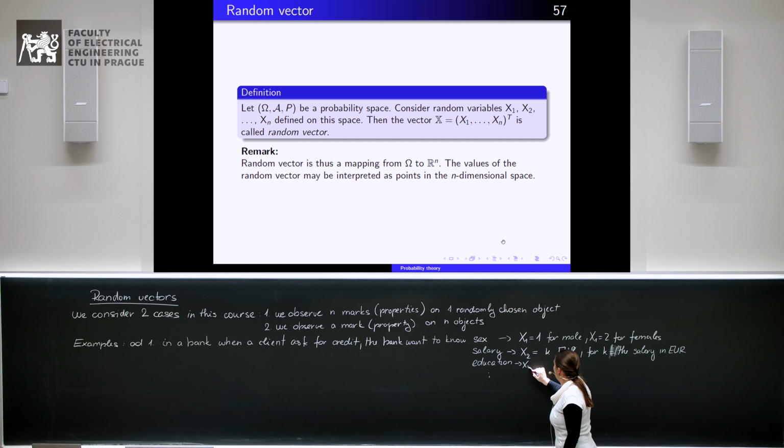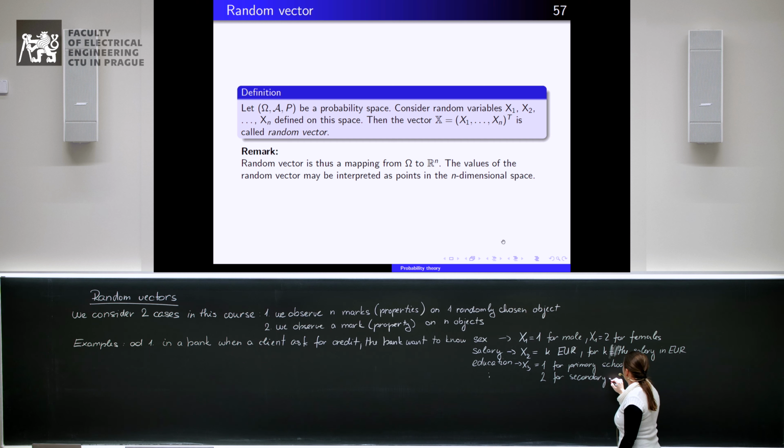Education x3, which can be, for example, 1 for primary school, 2 for secondary school or high school, and 3 for university education,